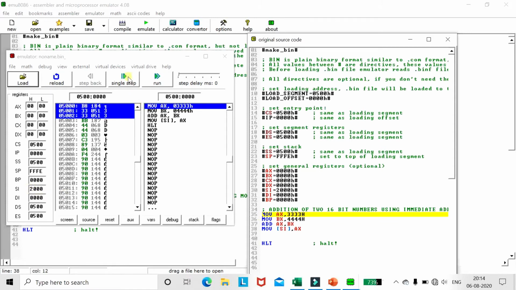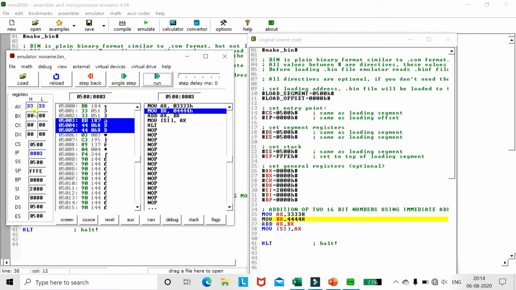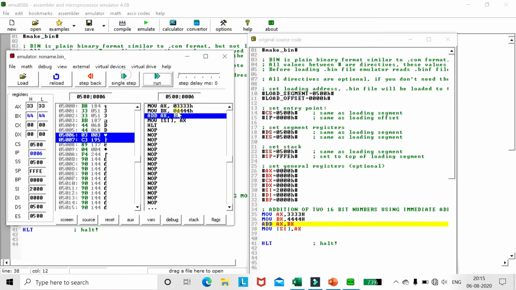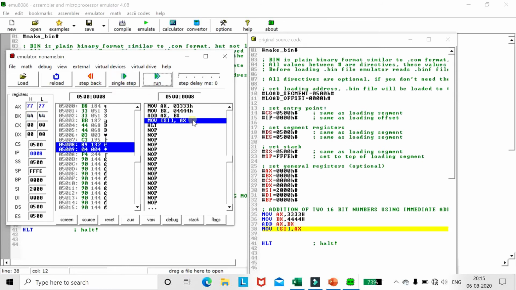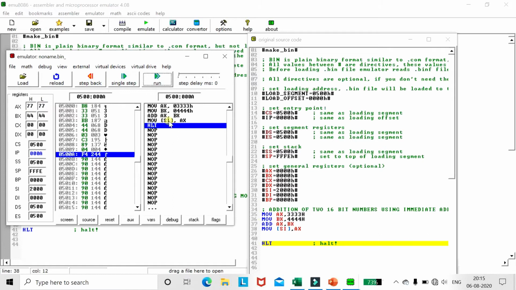Okay, so we will do stepwise execution. MOV AX comma 3333, so this data has been transferred in the register. In register BX, 4444 data is transferred. Then ADD AX comma BX, the result of the operation is present in AX. Then the content of AX will be moved to the memory location given by the SI register, so at memory location 2000.